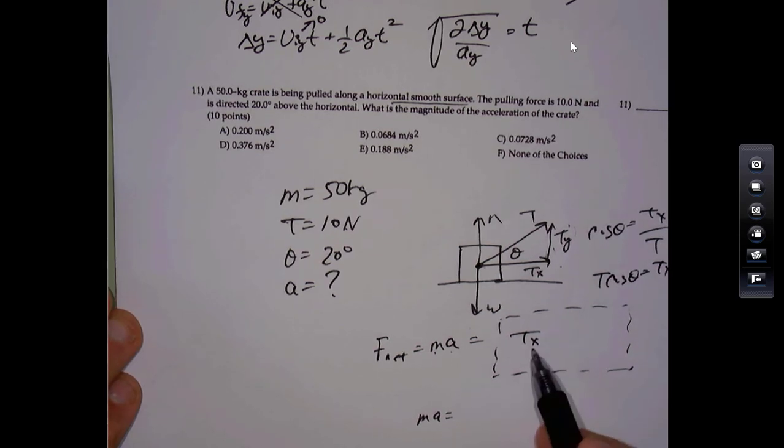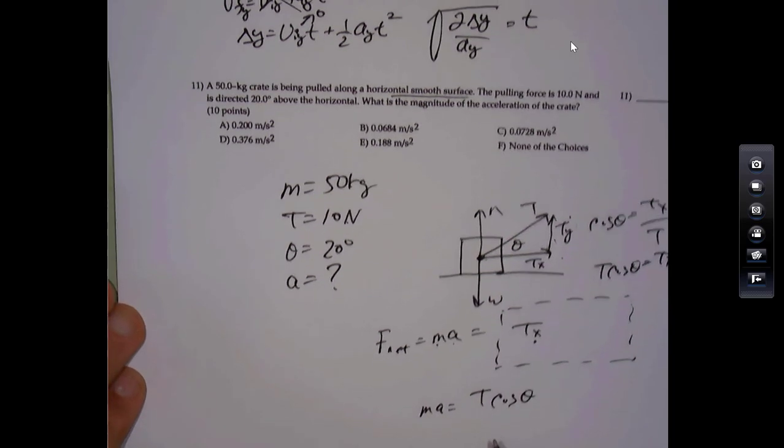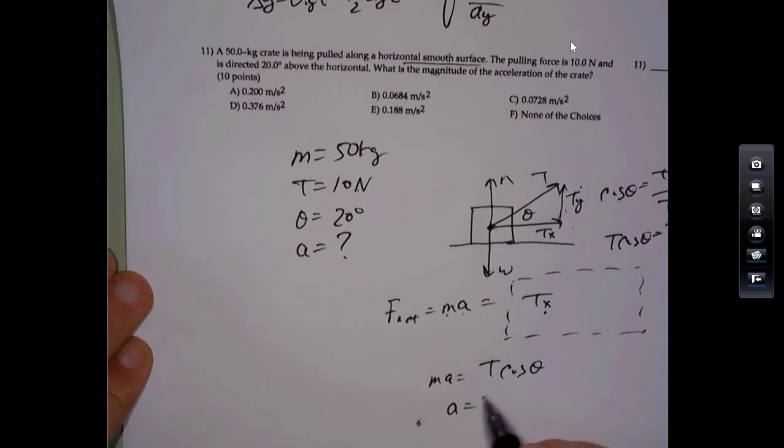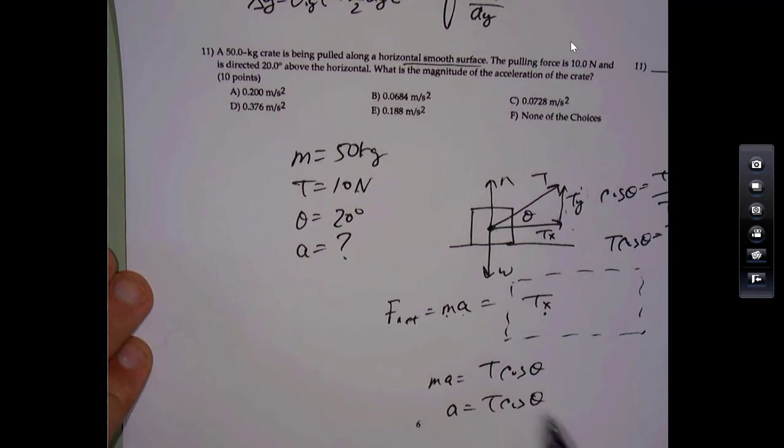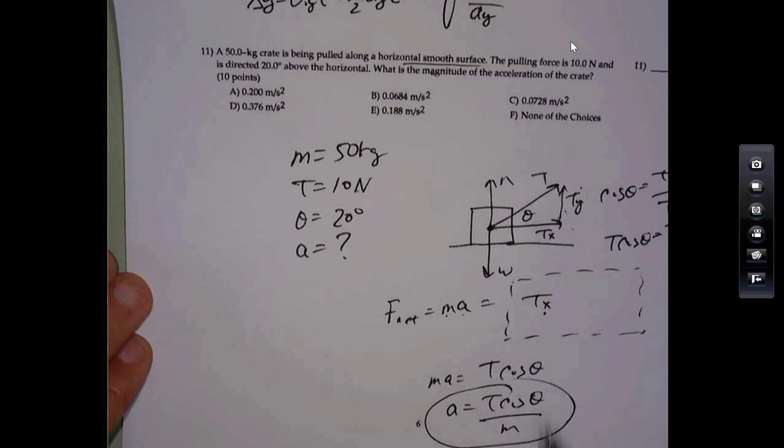And I could put that in here for Tx. And then I can solve for the acceleration. So T cosine of theta divided by the mass. That will give you the acceleration. Okay, so you'll see some kind of Newton's second law problem where I throw in an angle. You have to break things into components. Okay, good. And finally,